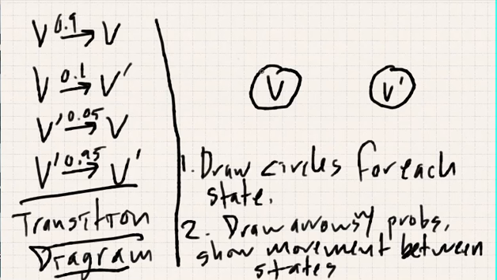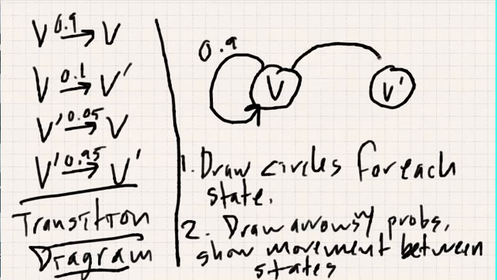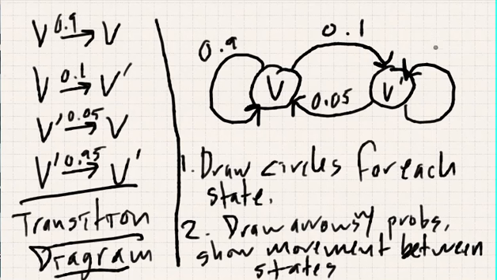So we know that people who stay at Verizon, we'll draw an arrow that starts at Verizon and ends at Verizon: 0.9 or 90% of people start at Verizon and end at Verizon. The other 0.1 start at Verizon and go to somebody else. Now, 5% or 0.05 start without Verizon and end at Verizon, and the other 0.95 start without Verizon and end up without Verizon after their contract is up.